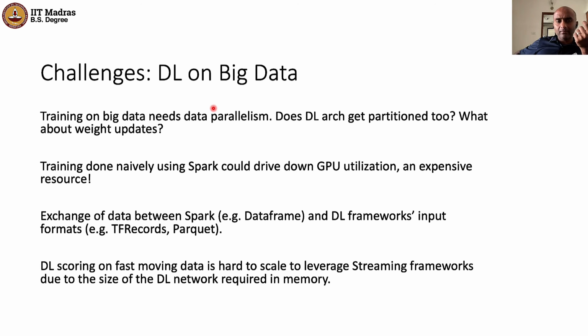How do you train such a network on top of a data parallel formulation to the problem statement? So fundamentally, does the DL architecture itself get partitioned, which makes it super complicated? Or how do you deal with weight updates? Right? That's a big challenge. So this is one major challenge that needs to be solved when you think about deep learning on really large